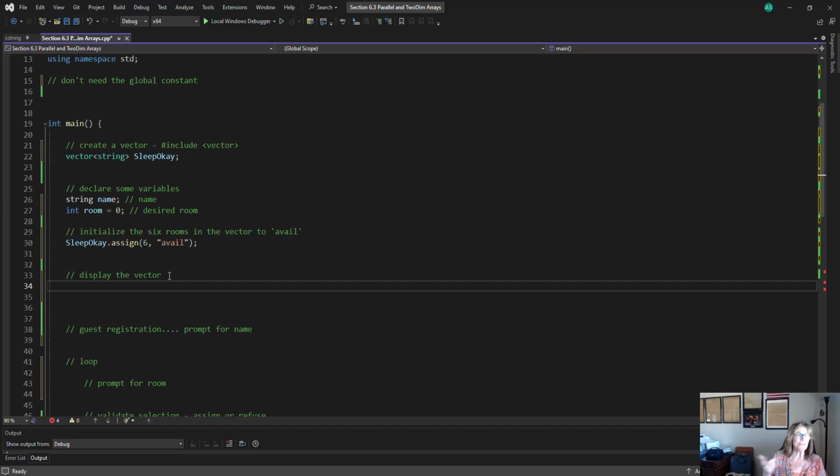So let's display the vector and see if our assigning them to avail worked correctly. We're going to say for, we'll initialize our loop control variable to 0. This time I'm going to say as long as count is... Remember, we don't have constants for the size of the vector. Instead, we're going to use another function that is available to it called size. So as long as count is less than size, we will increment our counter variable, and from there all we need to do is